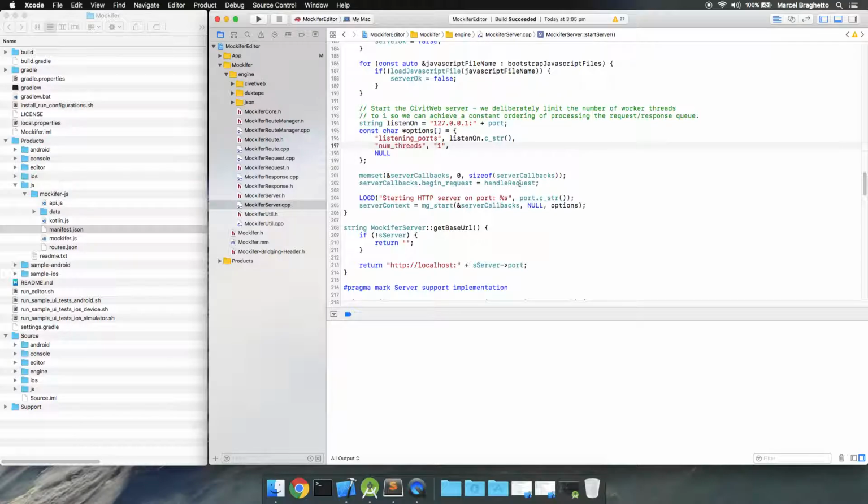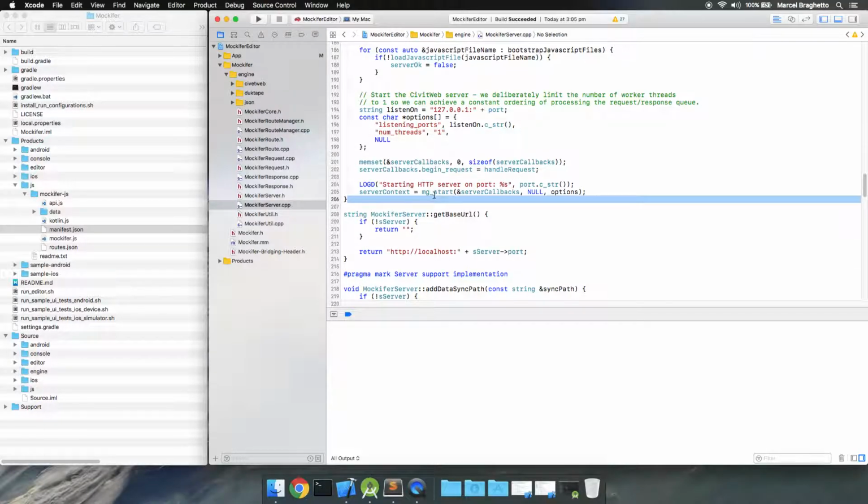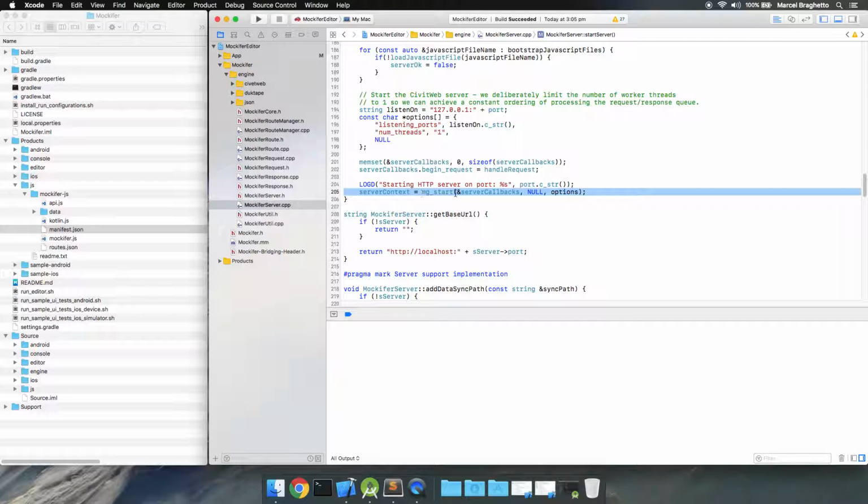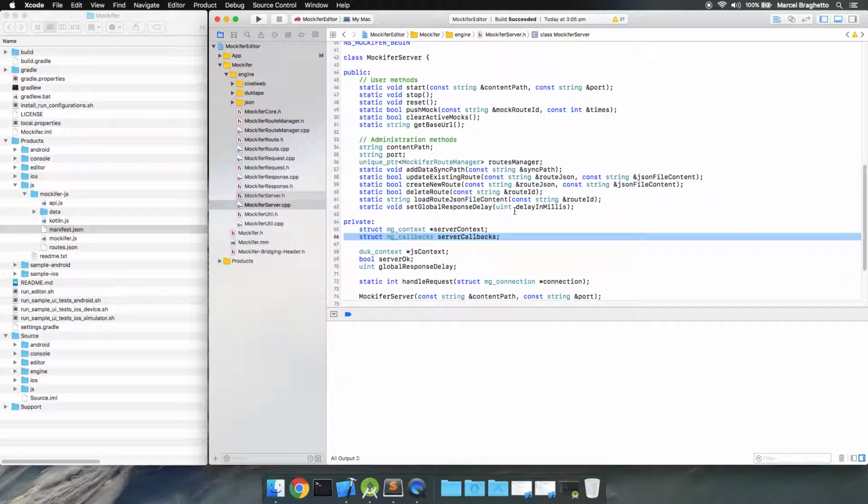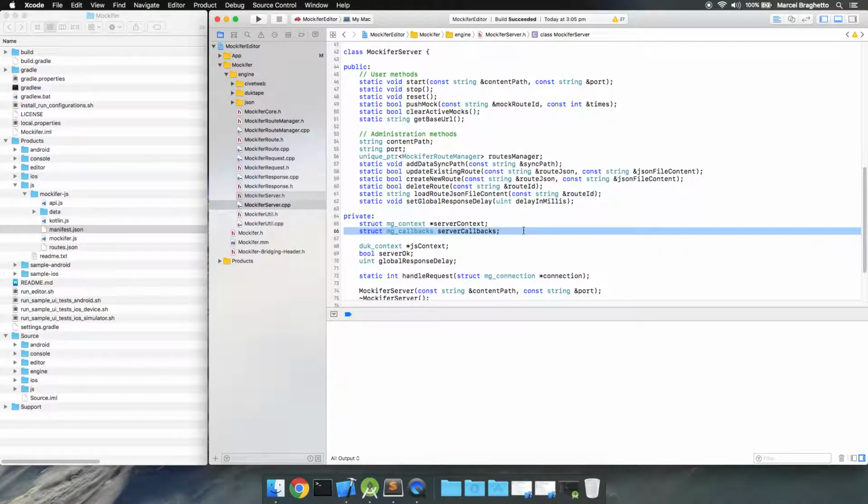And then pretty much this is what kicks off the web server with whatever configuration you've asked it to do. And it will be attaching itself to this thing called server callbacks. So the server callbacks are referenced here,